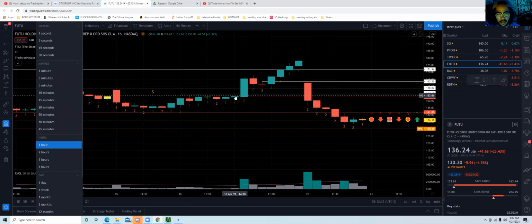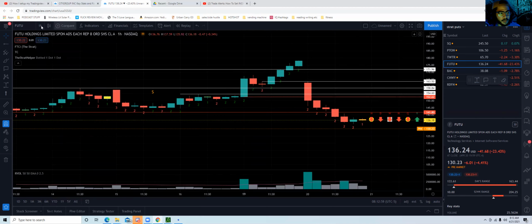Technically, this right here would have been a continuation. But if you would have drawn a box right here, you could have basically said this was inside, really right here, because this is a tight range. And once it broke out of that range, it went parabolic. So you really could have, once it broke above... what was that? 153. And so let me go back to the monthly.